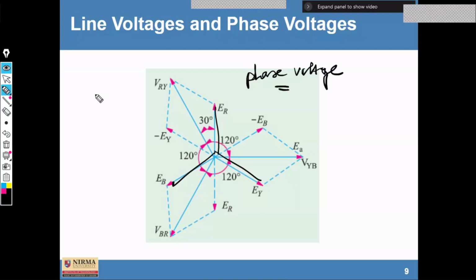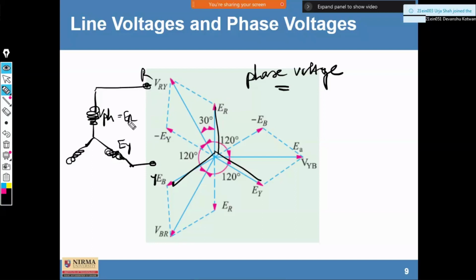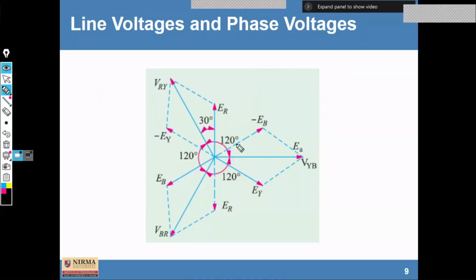Phase voltage, and these are the phase voltages. So this is phase voltage VPH, or it may be ER as per this. So this is the voltage vector. Now here, if you want to find out the line voltage between R and Y, so here it is ER and EY. So ER and EY. Fine. So here this is a line voltage. Clear? Now from this diagram, here